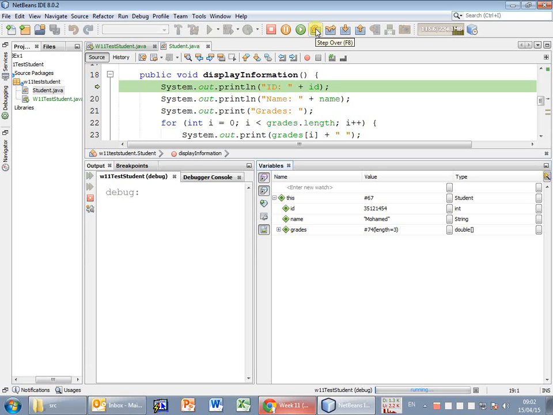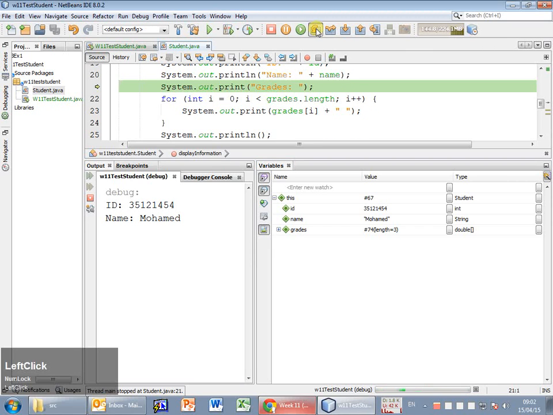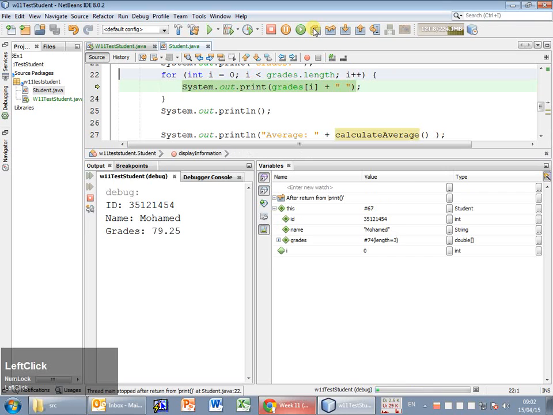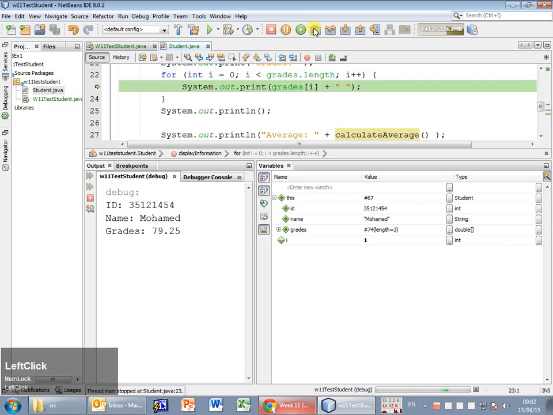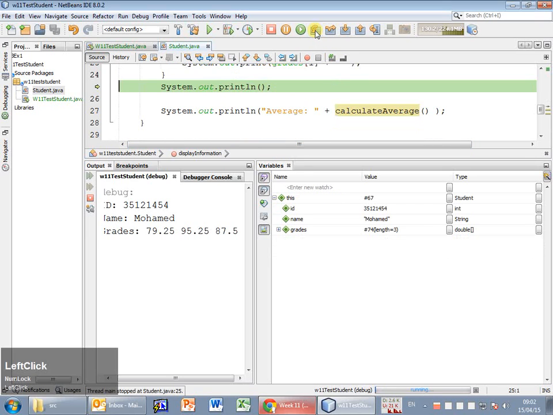So if now I'm switching back to step over, and now I can see the result of each of those statements one by one. And I even can see, for example, now I'm going to be displaying the grades one step at a time, and you see I is 0, then I is going to become 1, and then I'm going to display. Notice this small arrow, red arrow, green arrow. It is going to tell me where I am, and every time I'm going to execute something. Now I finished displaying all those 3 grades. I'm going to go back to the line,